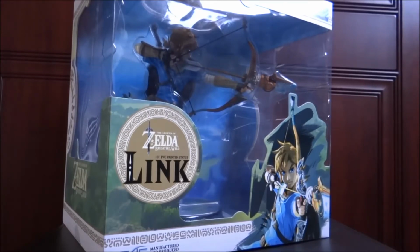Of course, the game itself, The Legend of Zelda Breath of the Wild, came out, at least in Europe, the 3rd of March on both the Wii U and Switch. Chances are, if you're watching this video, you've probably either got the game or you've at least played or seen it. The game really needs no introduction itself. In my opinion, it's one of the finest video games I have ever played, and it is now definitely my favourite Zelda game. I was completely blown away from playing this game from start to finish without any